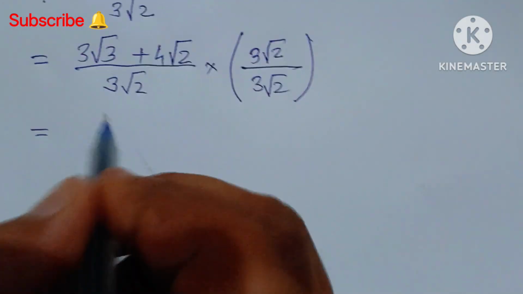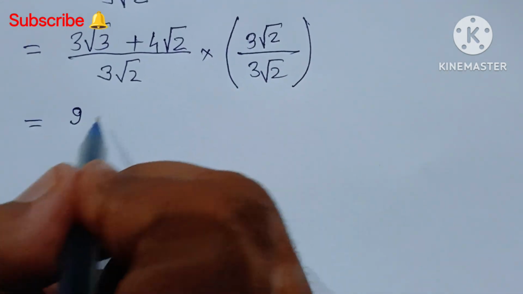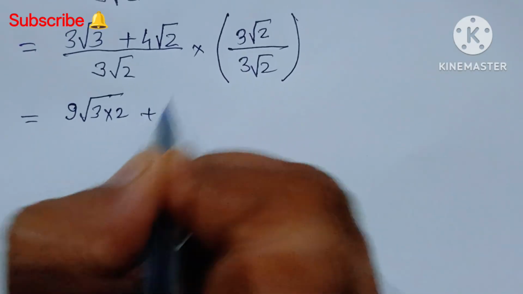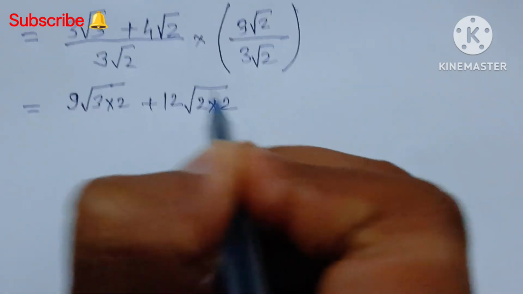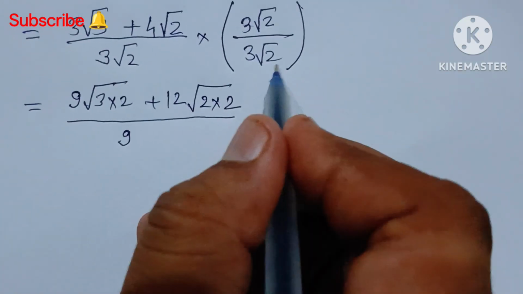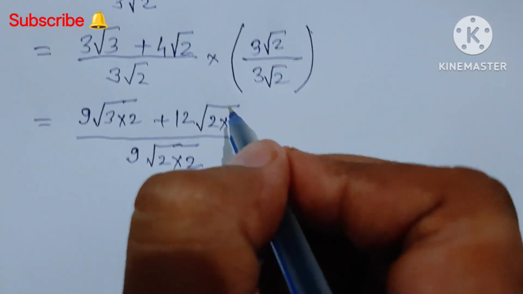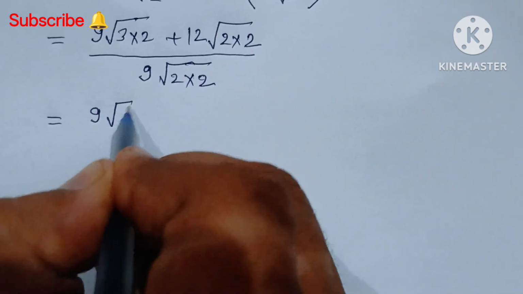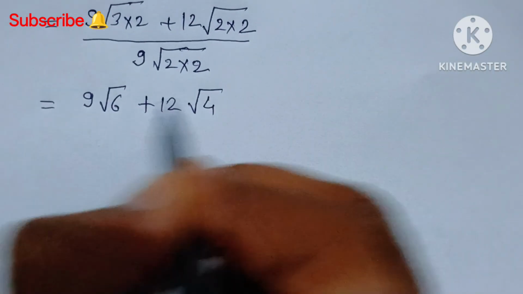Now multiply this. 3 into 3, 9. Under root 3 into under root 2 becomes under root 6, plus 4 into 3, 12, under root 2 into under root 2, divided by 3 multiply 3 becomes 9, 2 under root 2, 2 multiply 2. So we get here 9 under root 6 plus 12 under root 4